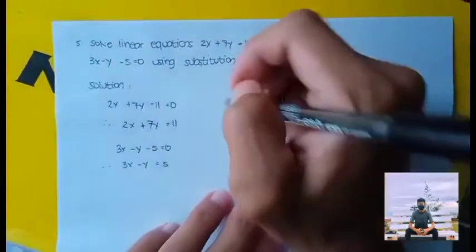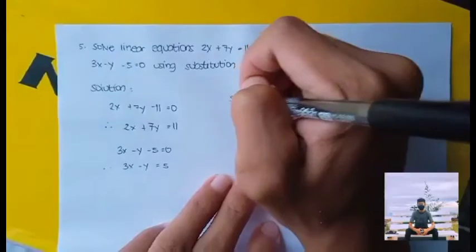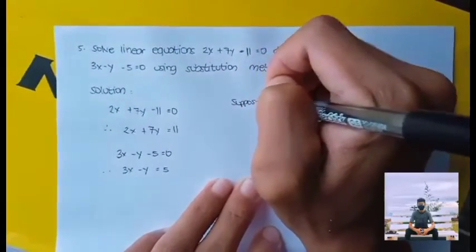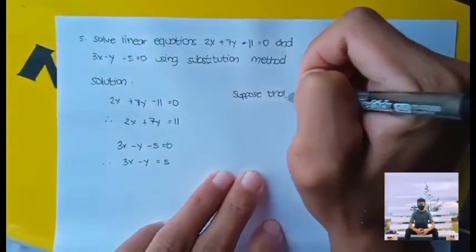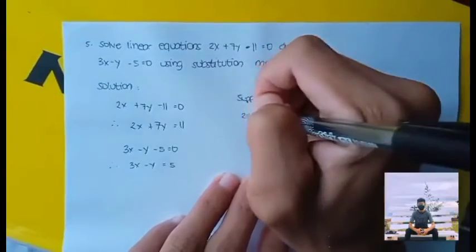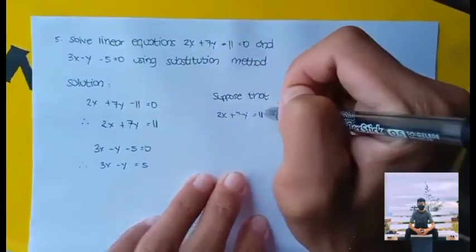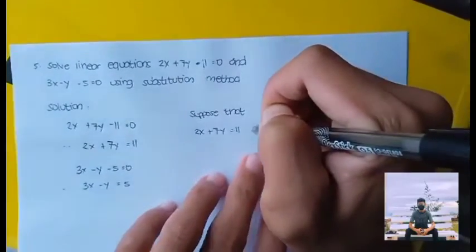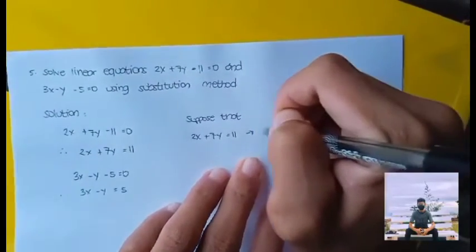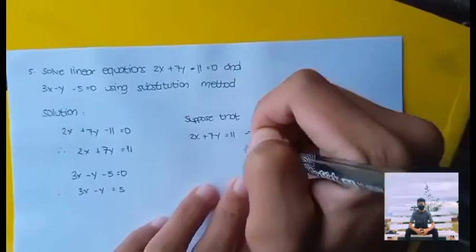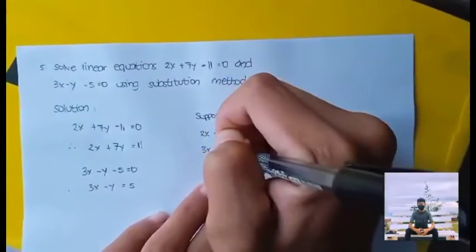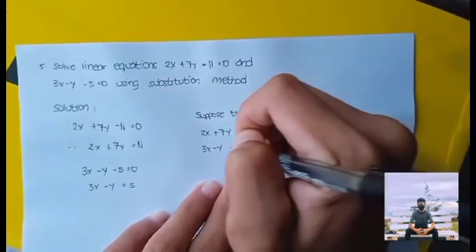Suppose that 2x plus 7y equals 11. This is our equation 1. And 3x minus y equals